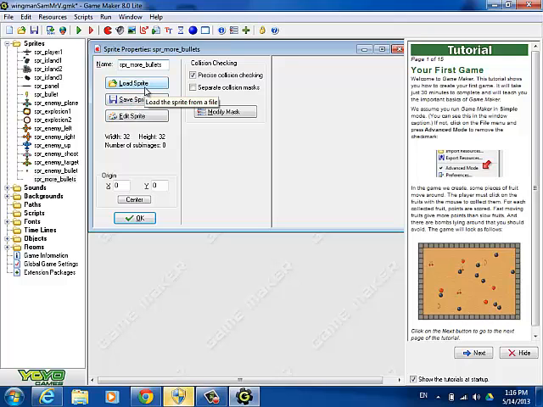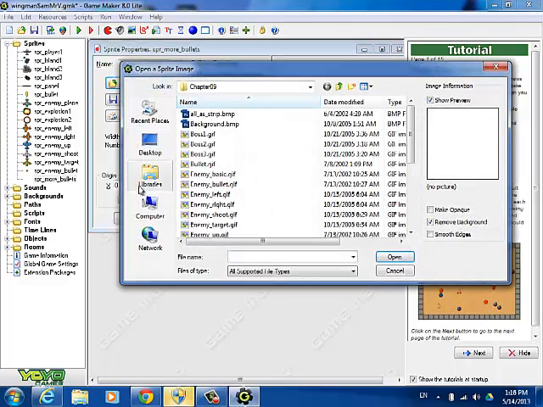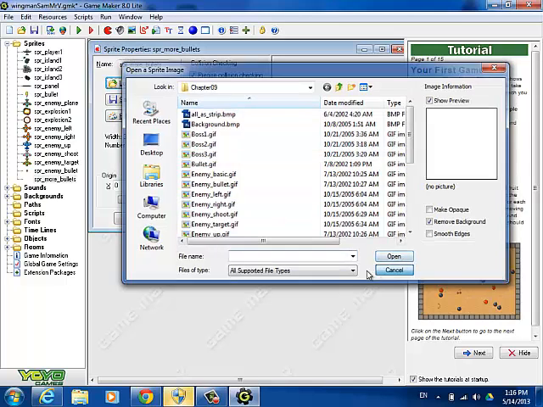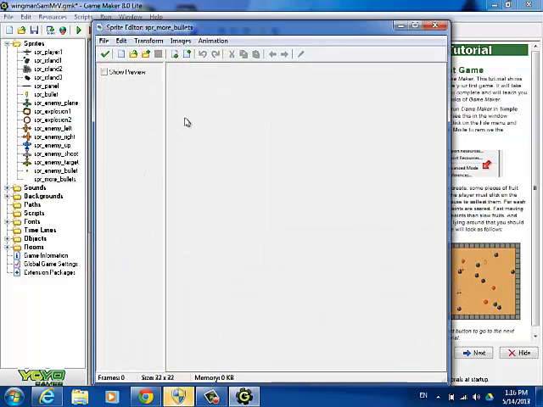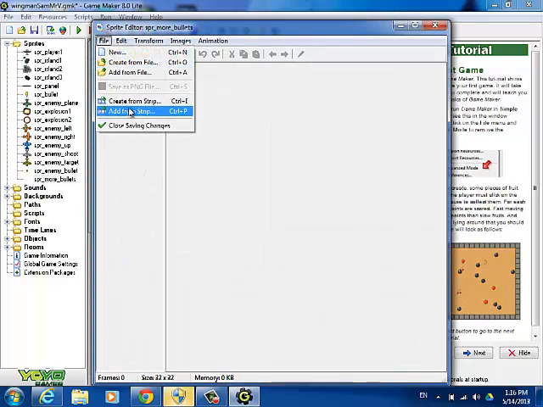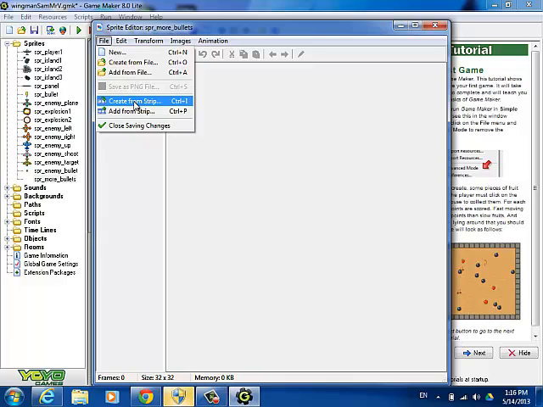Well, this sprite is going to be a temporary power-up, so I need to go and get the power-up out of the strip. So what you do is you go to Edit Sprite, even though you don't have a sprite yet, and then you say Create from Strip. So you click on that one,